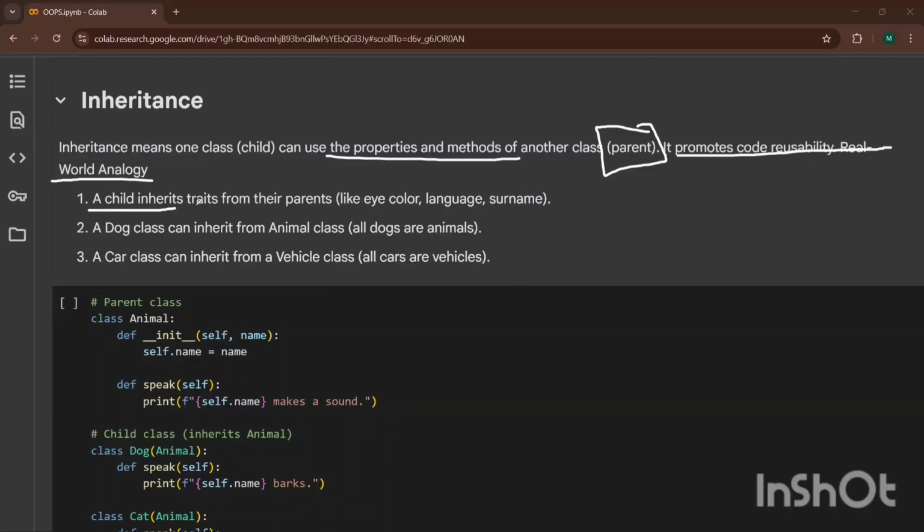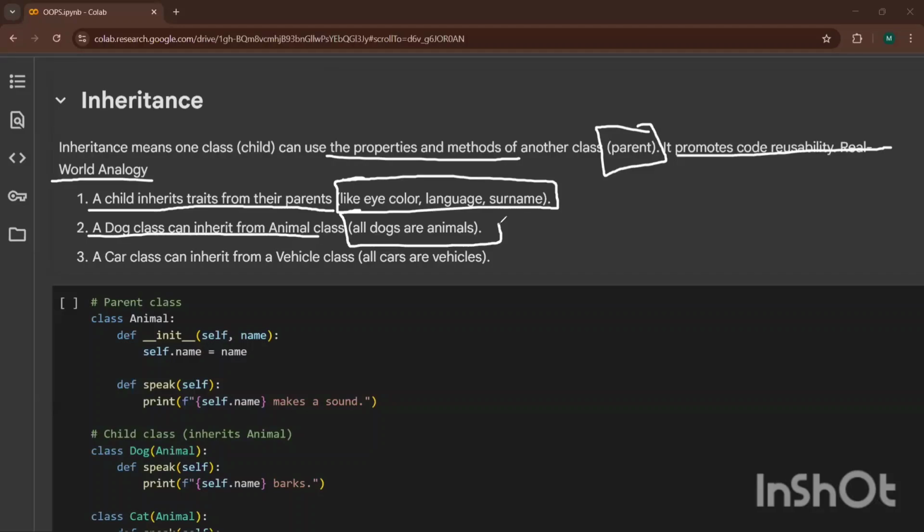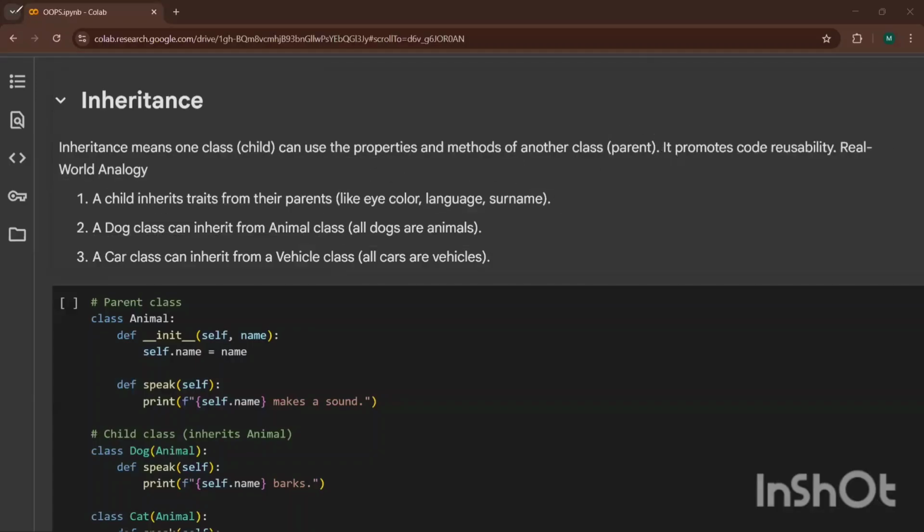A child inherits traits from their parents, like eye color, language, and surname. A dog class can inherit from an animal class, because all dogs are animals. A car class can inherit from a vehicle because all cars are vehicles, right? So this is known as inheritance.